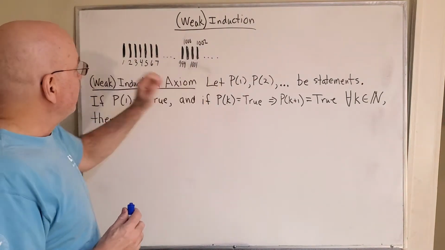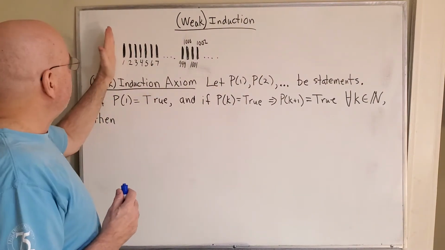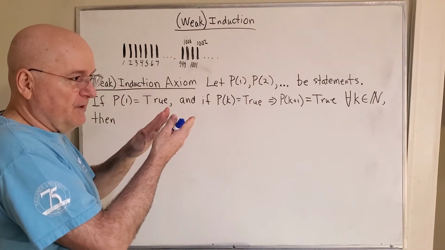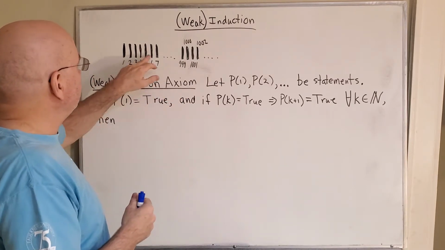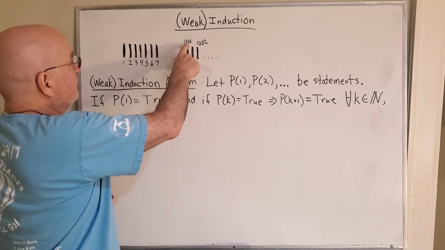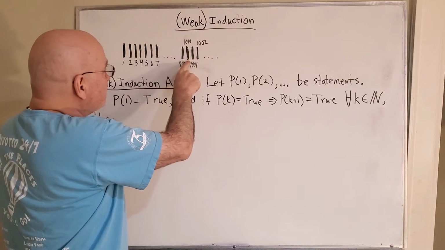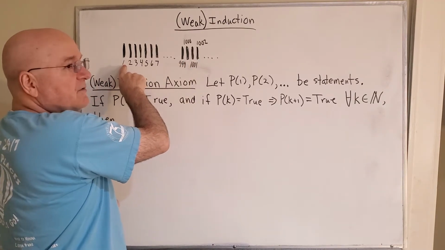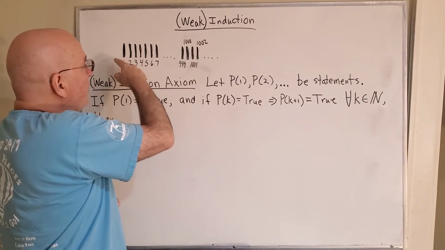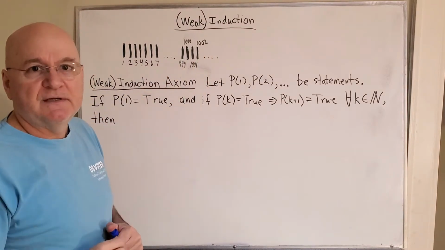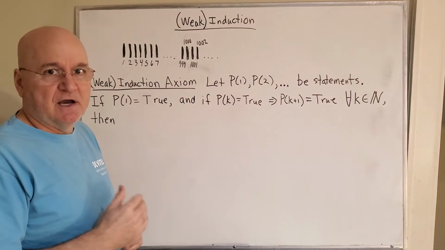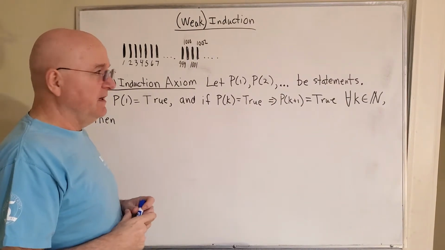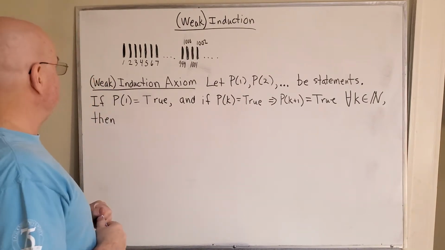Now that I've said that, if I knock over domino number 1 to the right, it's going to hit domino number 2 and knock it over. Number 2 is going to knock over number 3. Number 3 is going to knock over number 4, and so on. And if I picked randomly 1,000, that one's going to get knocked over. And it's all because number 1 was knocked over. Knocking over number 1 will cause every single domino in this infinite list to get knocked over. That's a little bit like the principle of mathematical induction, and you'll see why in just this simple definition.